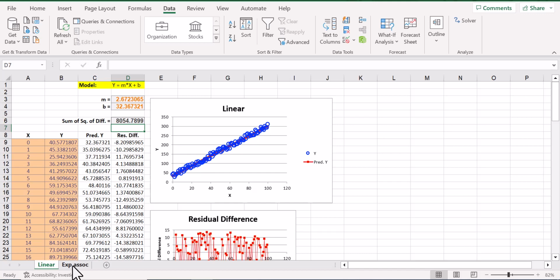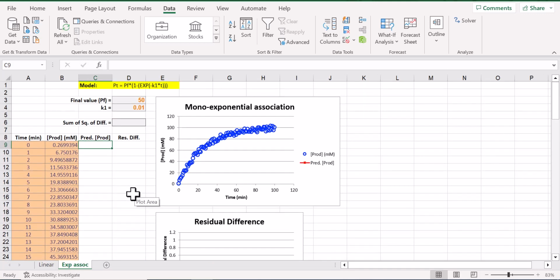Now I've prepared another sheet in the same way, but this time I want to fit a mono-exponential association model to give a rate constant for these concentration versus time data. So I'm going to type the model formula into C9 following my annotation. The time-dependent product concentration would be equal to the final product concentration, F4, times 1 minus